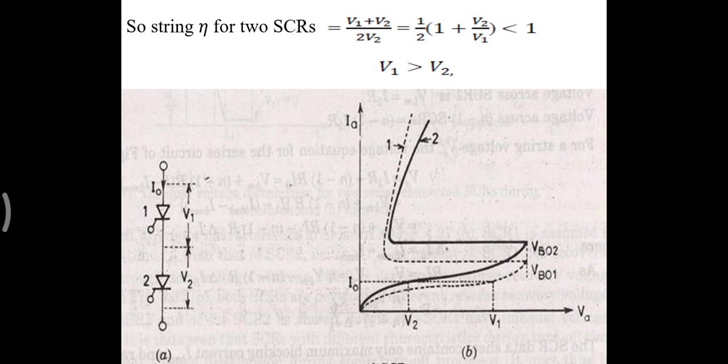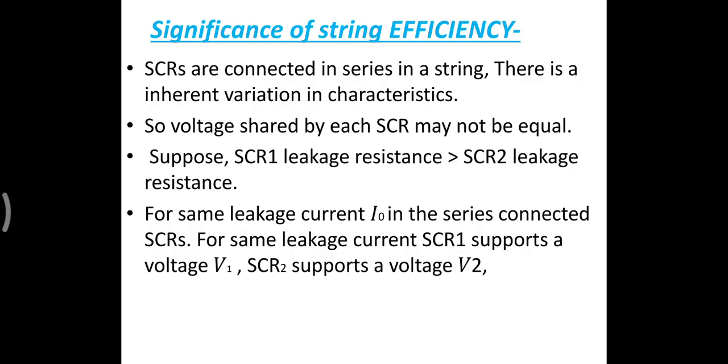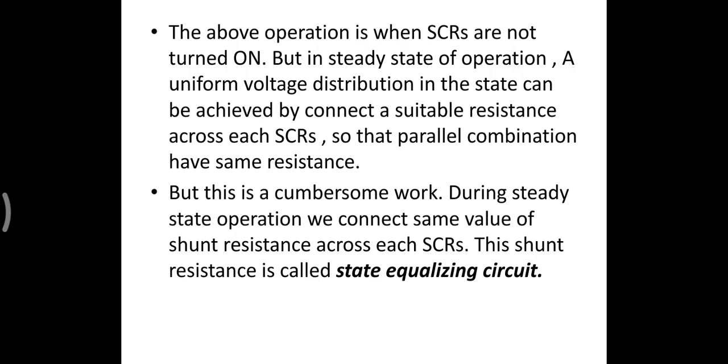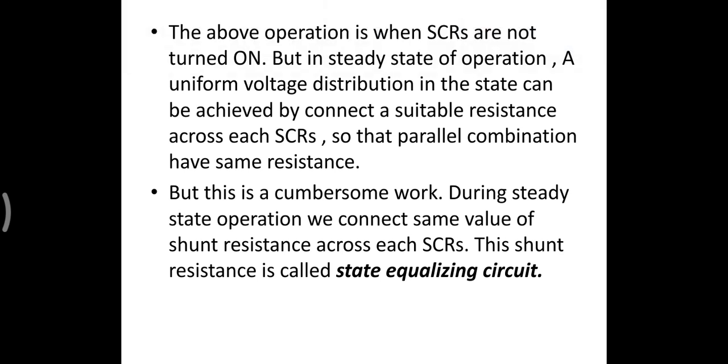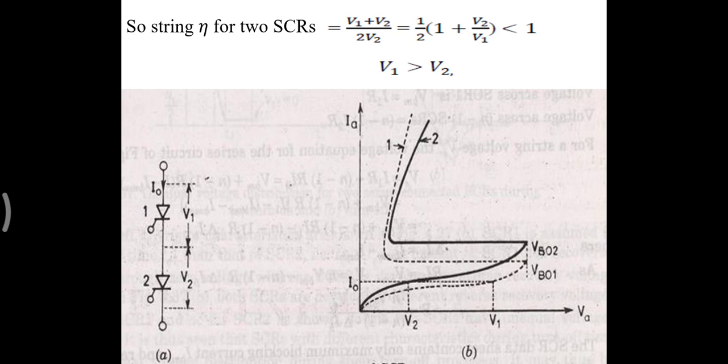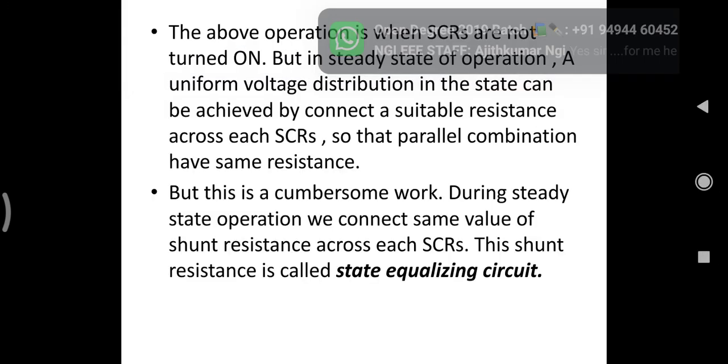Okay? So here we are considering V1 is greater than V2. Why we are considering this means the leakage resistance is high. If the leakage resistance is high, automatically the voltage is also high. Okay? So see here, suppose 2 SCRs are turned on, at that situation, see here, this is the